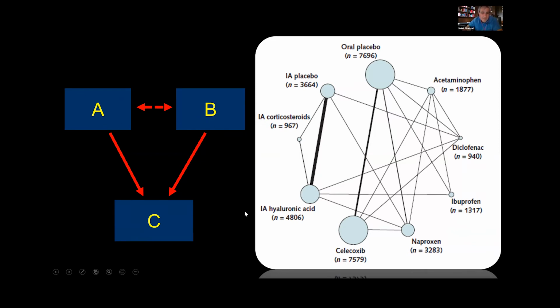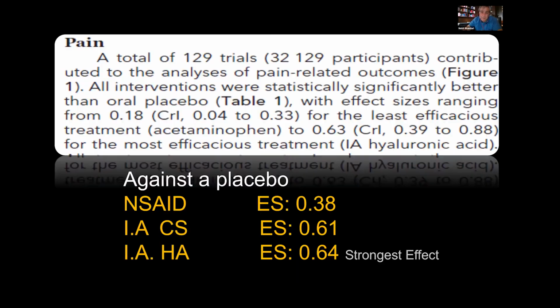Using network meta-analysis and the statistical analyses that ensue, we can now infer the effect of A versus B. And if you look at this particular web taken directly from your paper, you were able not only to give us insights about corticosteroids and hyaluronic acid, but also about oral and intraarticular placebo, which I thought was fascinating, which gets back to your original point that a placebo is not a benign effect. Maybe you could walk us through a little bit of this and just tell us in your own words kind of what all this means.